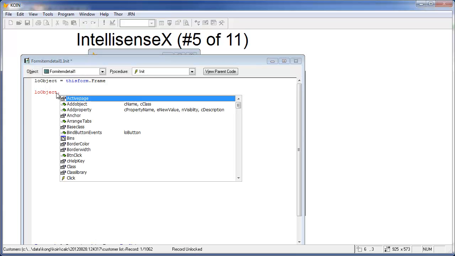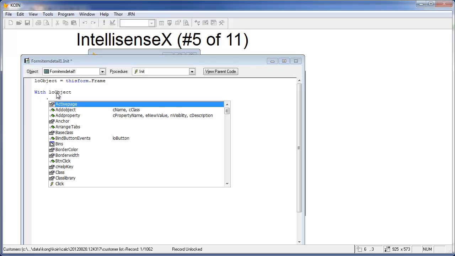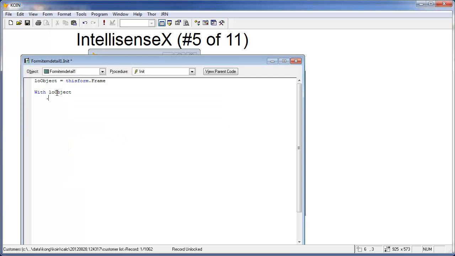So as I've shown, this will give you the drop-down list here. You can also use it in a with phrase, and that will work as well, producing the same results. Now, it doesn't always happen that you have an explicit definition of a property as you have in this particular case. For example,